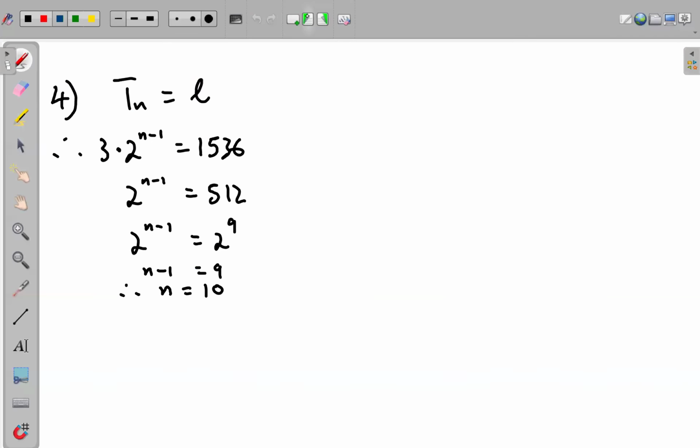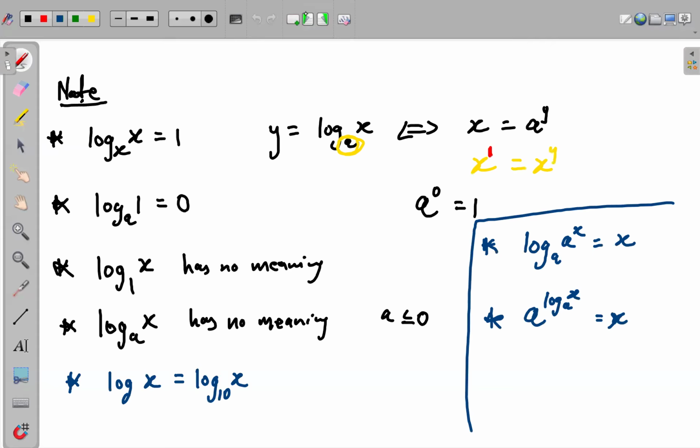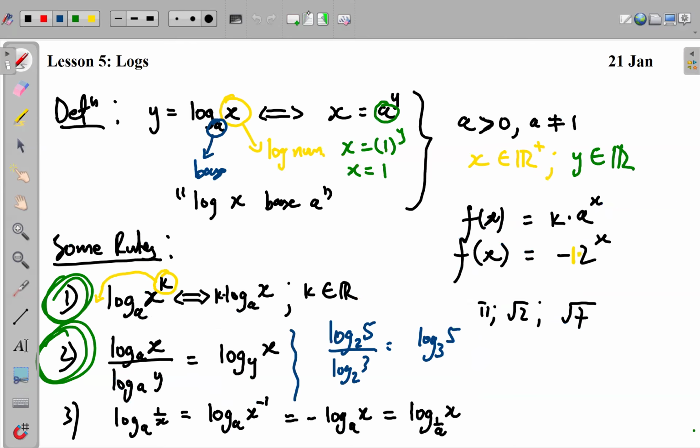Of course, in our previous lesson, we looked at the concept of logs, and we looked at the important laws, the essential principles that we need to be aware of as far as logarithms are concerned. So I just need you to remember that. I highlighted these two because we often use them. The one that I highlighted here, number one, for example, I said we're going to use this one when solving problems in the context of geometric sequence or even series. And then the second one, I also told you to watch out for it because it's often used as well